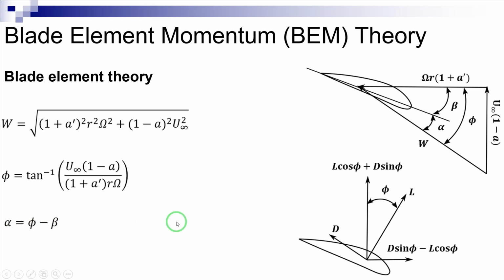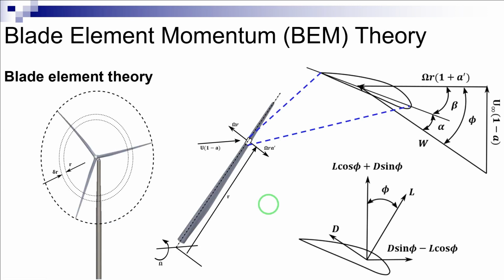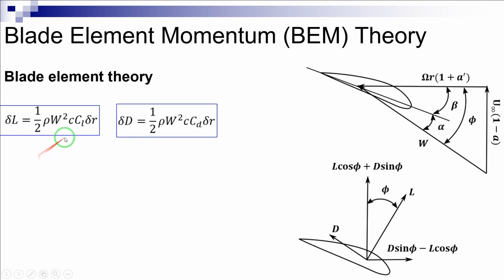Basically, the blade element theory assumes that the lift and drag forces acting on a blade element are the same as those acting upon an isolated identical airfoil element at the same angle of attack in two-dimensional flow. The lift force acting on a span-wise length delta r of each blade in the direction normal to the resultant wind speed W is thus as shown here, delta L, and the drag force is in the same direction, as W is estimated using